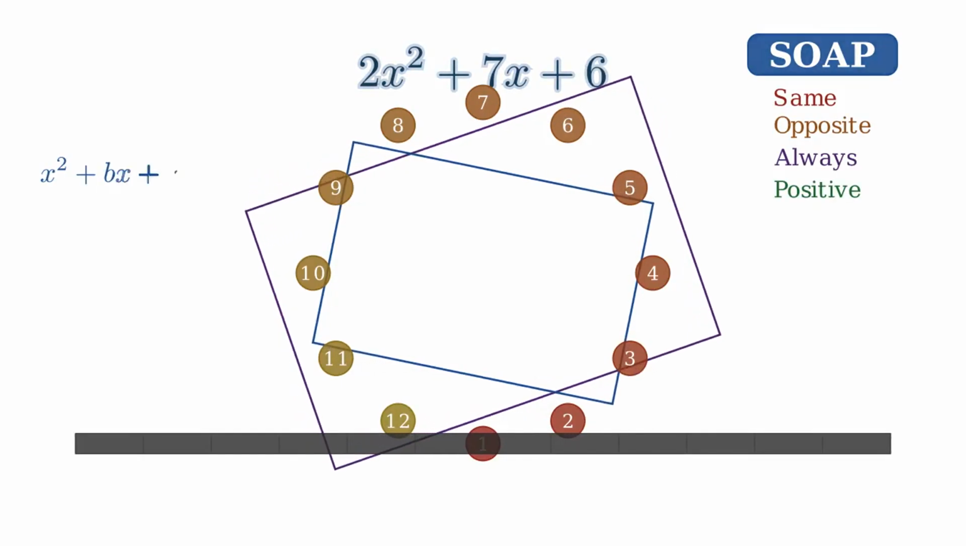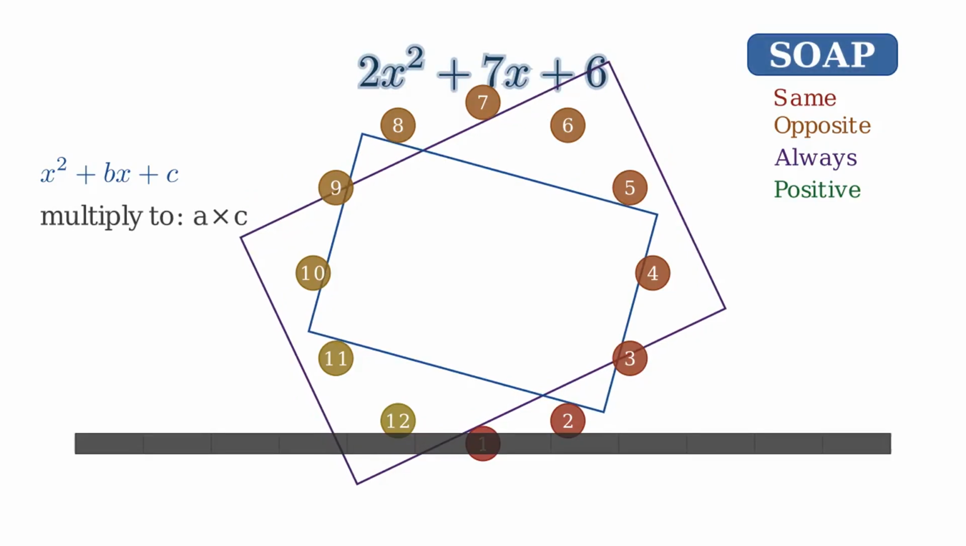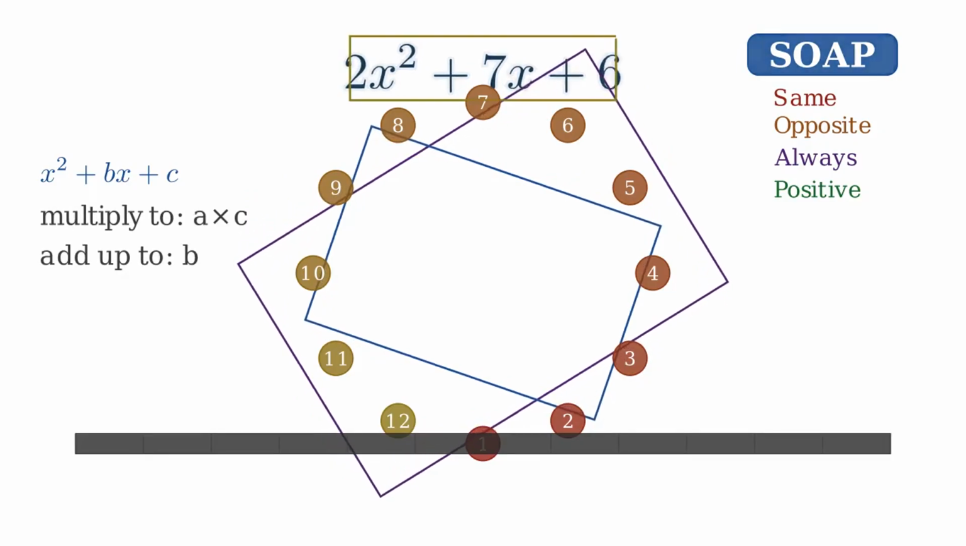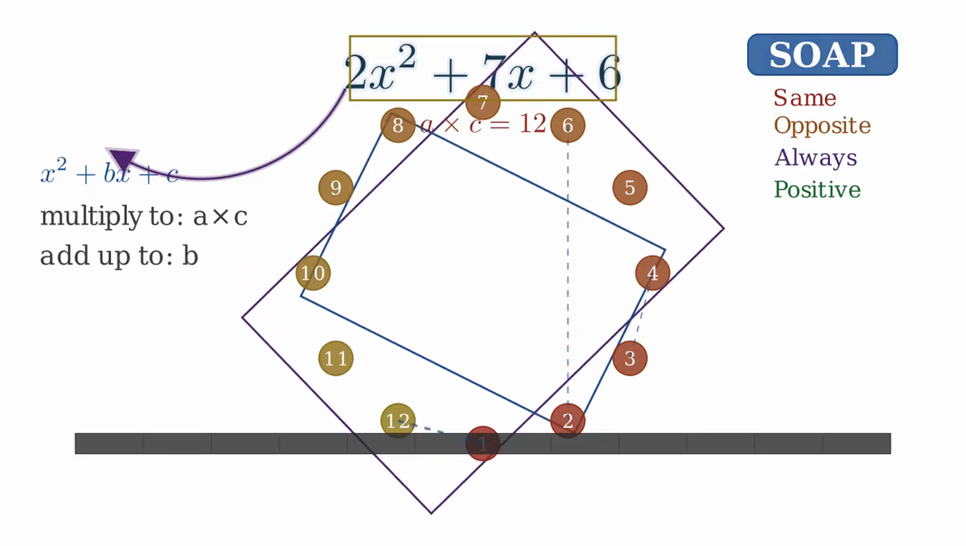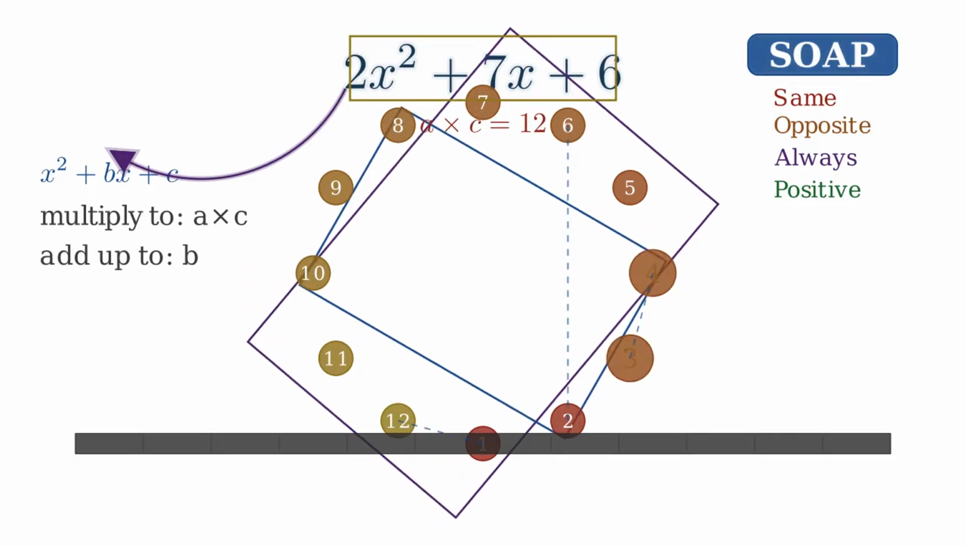Finally, factoring trinomials of the form ax squared plus bx plus c. We need two numbers that multiply to a times c and add up to b. Let's factor 2x squared plus 7x plus 6. We need two numbers that multiply